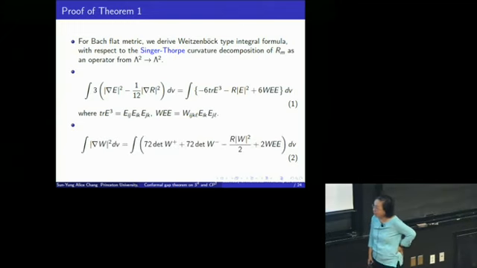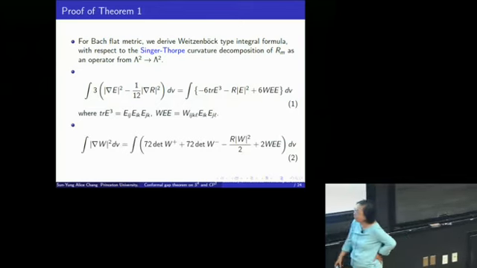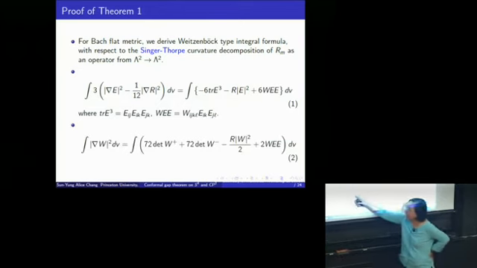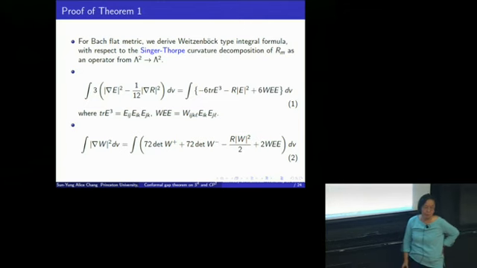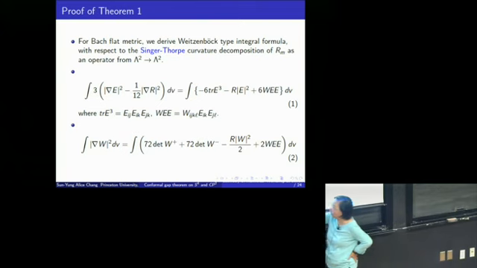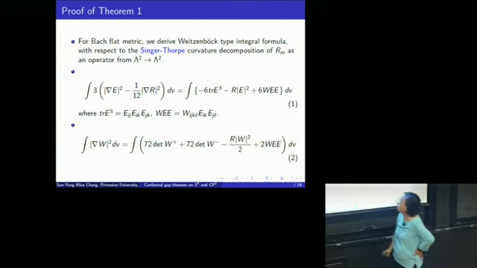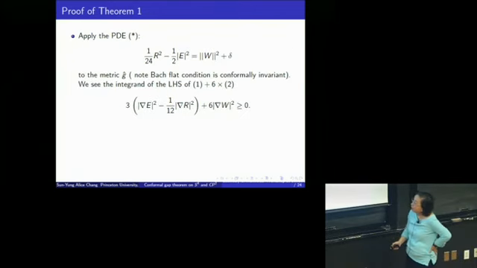And then there is a second equation, and the second equation splits the Weyl plus from Weyl minus and looks at its determinant. So this is looking at it as an operator from two-forms to two-forms, positive two-forms to positive two-forms. So it derives that. Okay, using the blackboard really is better.